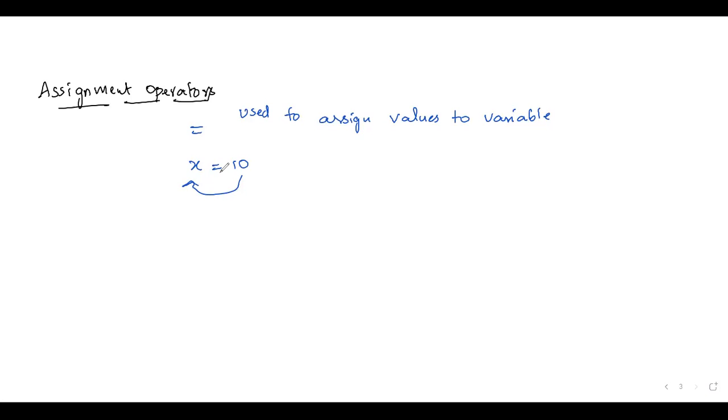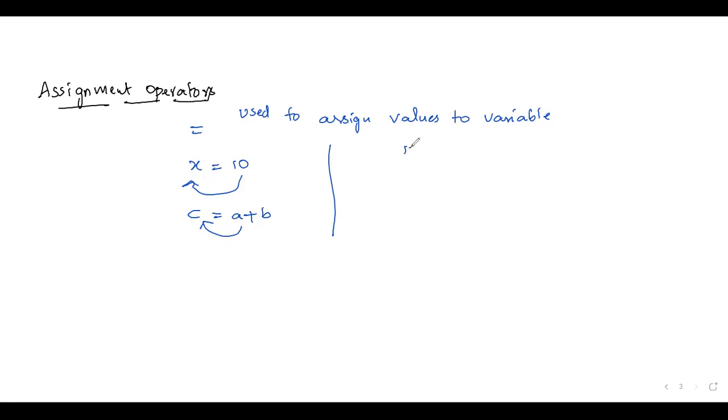We have different types of assignment operators. See, C is equals to A plus B. A is one operand, B is one operand. Altogether, it is going to perform some task. It is considered as an expression. It is going to evaluate that expression and generate a single value. That single value is going to be assigned to a variable.